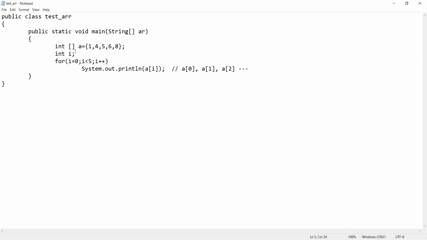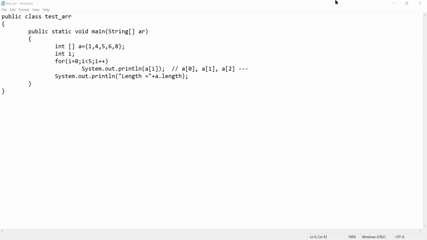Fine. Now we will see how to calculate the length of the array. You can calculate the length of the array, that is, how many elements are in the array, what is the length of the array, the total number of elements in the array. So let's print it and see. The function for displaying the length of the array, the number of elements in the array, is length. Array name dot length, right? So if you write a dot length, it will give you the number of elements that are stored in the array.